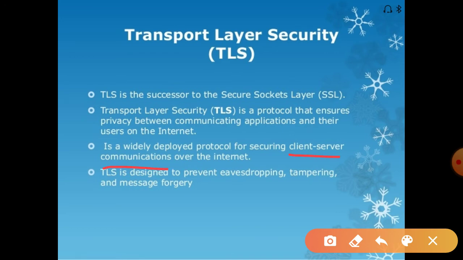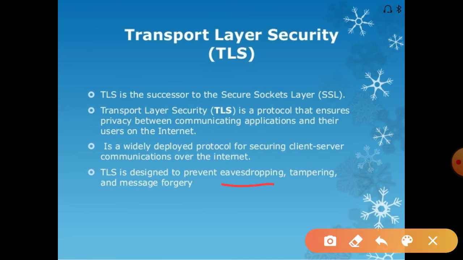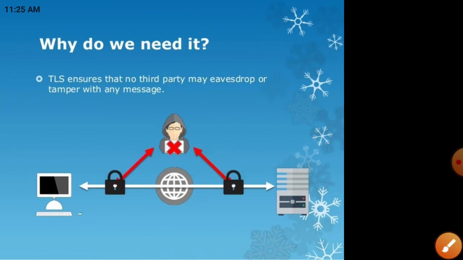TLS is designed to prevent eavesdropping, tampering, and message forgery. Eavesdropping means someone else steals the information. TLS was designed to prevent these things, and we will see how it prevents eavesdropping, tampering, and message forgery.